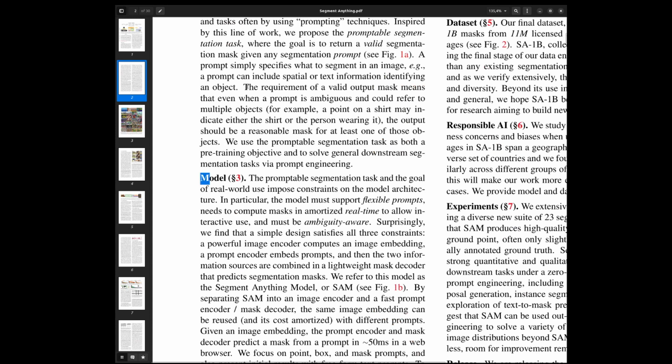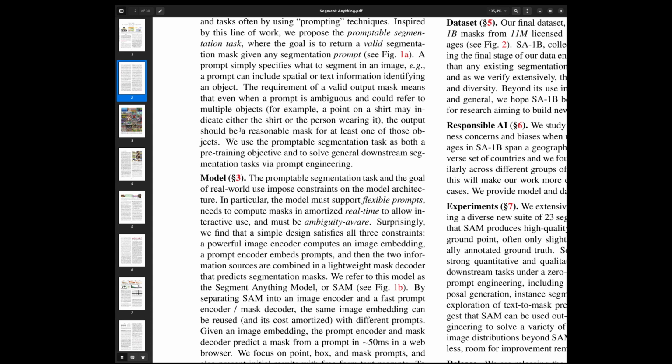Okay, this is a little vague. Here is the most important part: this ambiguity acceptance. This is pretty cool, because I actually encountered it in one of the demos I was doing. Let's assume that you are wearing a t-shirt with an Adidas logo, for example, and you put a point on that Adidas logo. It will give you multiple segmentation masks: one with that Adidas logo, one with your t-shirt, and one with the whole person wearing that t-shirt, yeah?